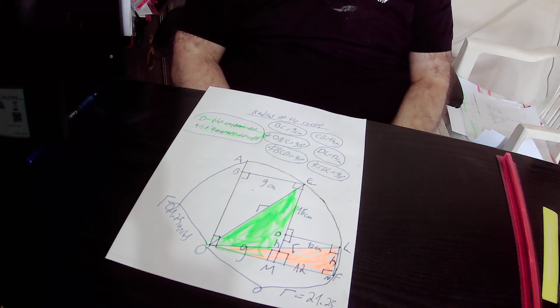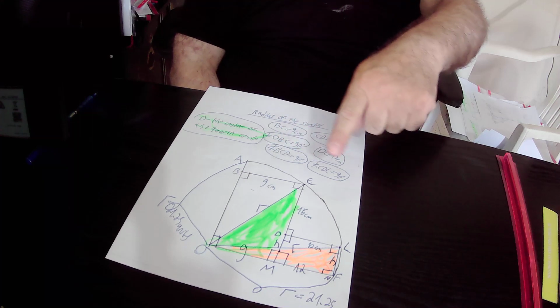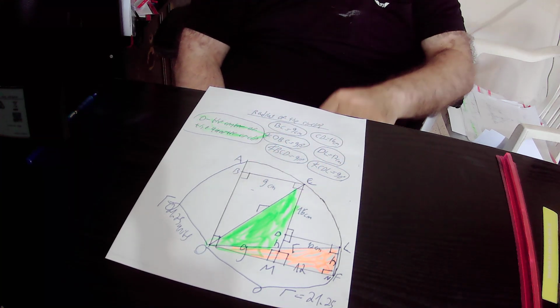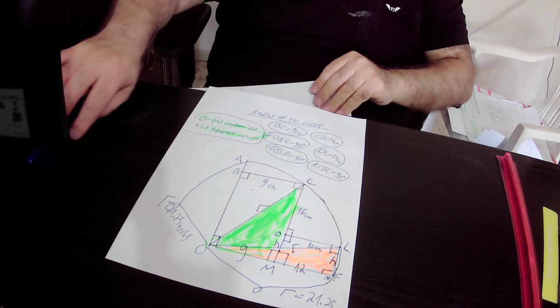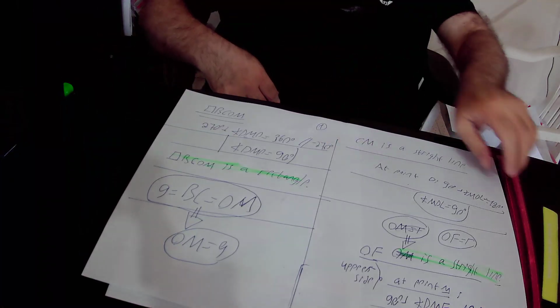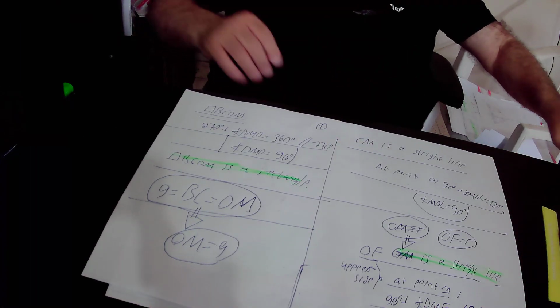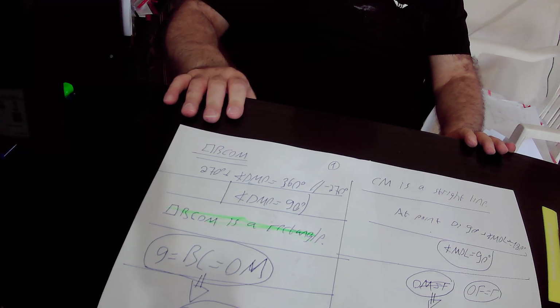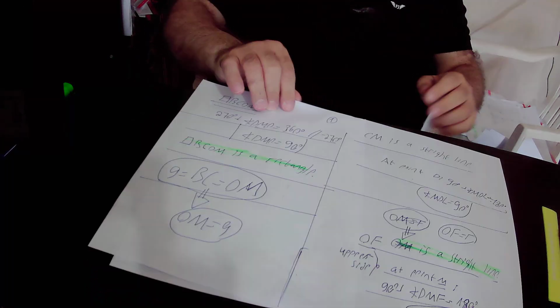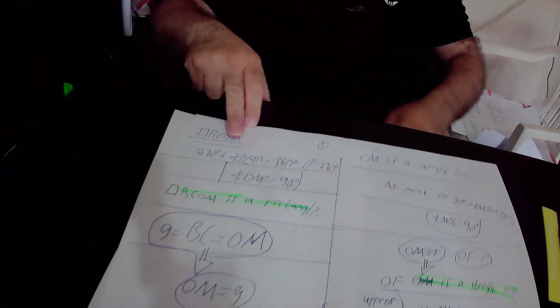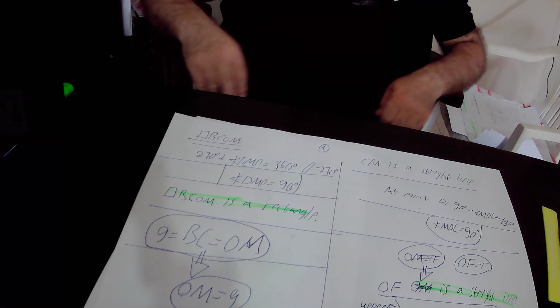By doing this construction we created quadrilateral BCOM that has 3 right angles. We know that the sum of 3 right angles is 90 times 3, which is 270 degrees, plus the size of the fourth angle. In total the sum of those 4 angles must be equal to 360 degrees,